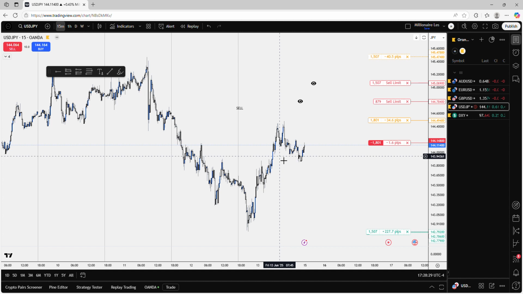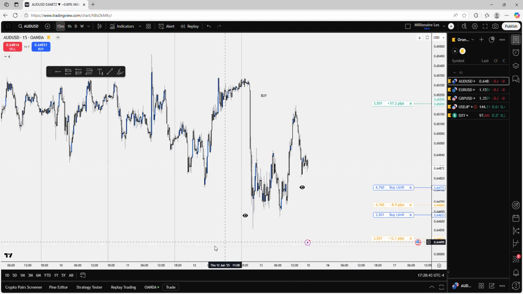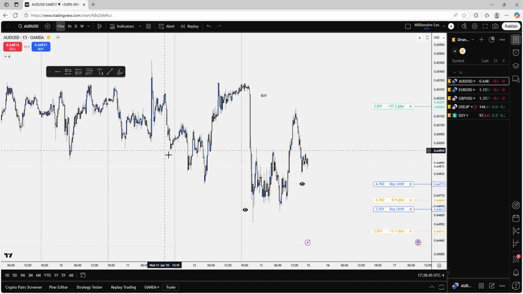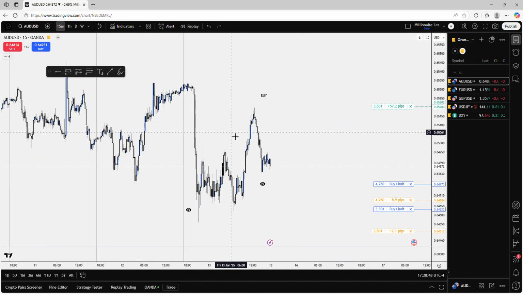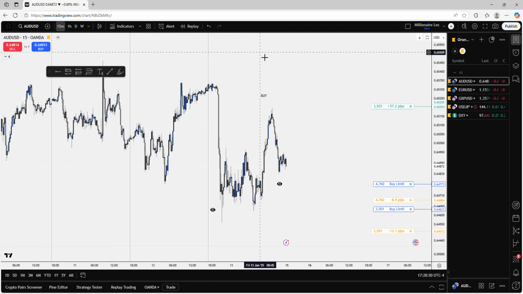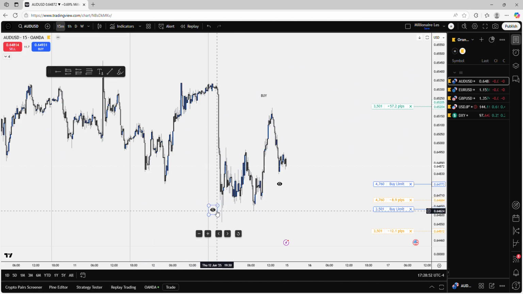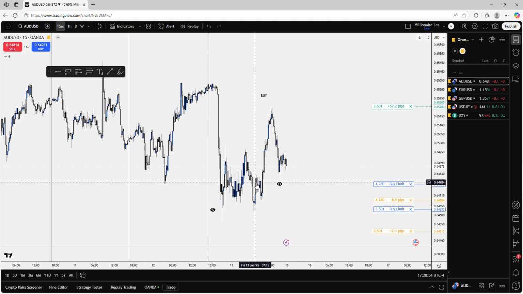So being the fact that I have a bearish bias for the DXY next week, AUD USD, EUR USD, GBP USD all bullish, and USD JPY bearish. As you can see, I set my pending orders, and I'm just going to go ahead and show you where my pending orders are. In the interest of keeping my charts fairly clean, I just did the eyeballs at the POCs. So let's get into it.